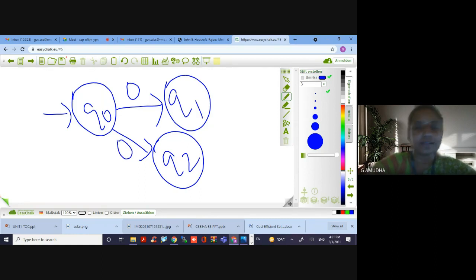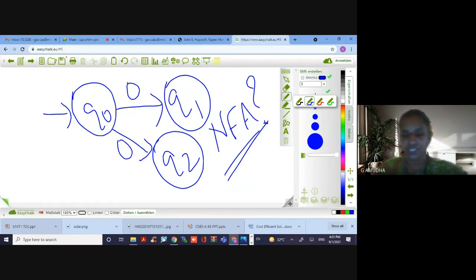So is this deterministic or non-deterministic? Bindu Priya, can you tell me whether it is deterministic or non-deterministic? Non-deterministic. Very good, dear.